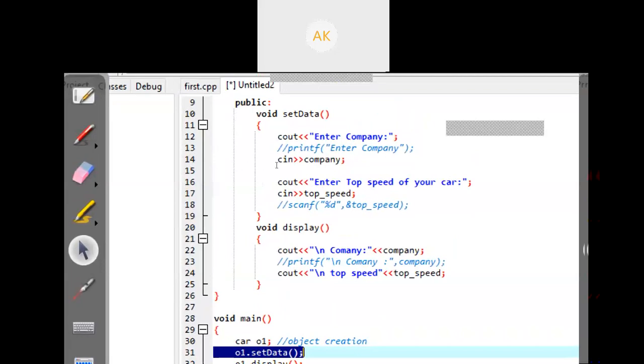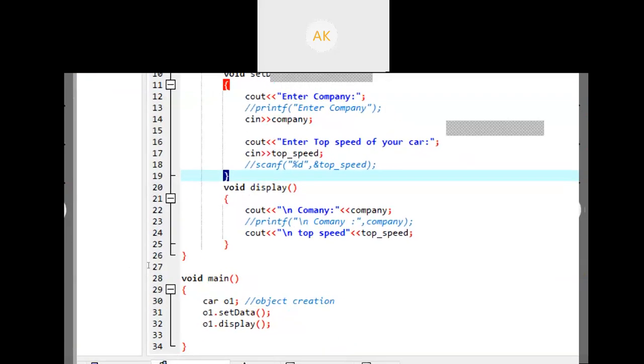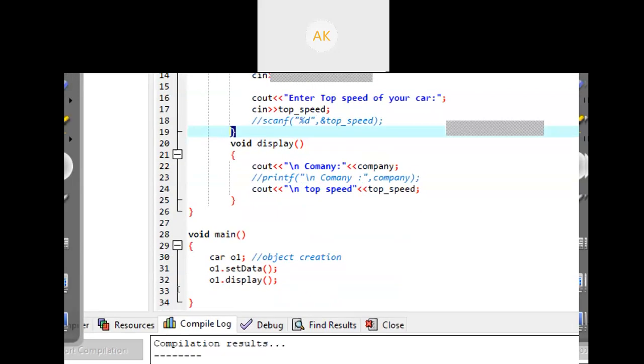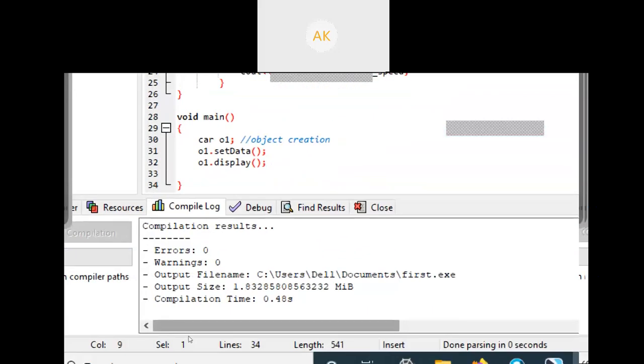Then this line will execute, enter top speed, and the speed entered by the user will be stored in the variable top speed, and the curly brace closes, meaning this function has been closed. Control goes back to the next line. The next line will run the display method, o1 dot display. So your control will go to the display method, and it will print company, the value of company you entered. Then it will print top speed, and the speed entered by you is displayed on your screen. Okay, so let's compile this program.